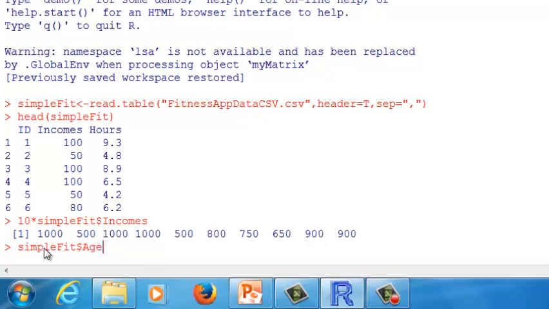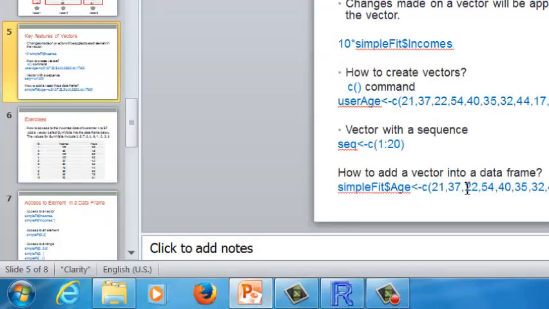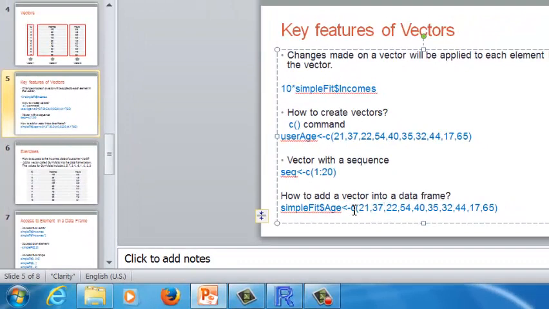Next, we want to use a less than sign and the small dash. We want to give a new value to this new vector. Since there are a lot of numbers, I will not type it in one by one. I just go back to the PowerPoint and copy from the c function to the end. Let's make a copy. And then let's go back